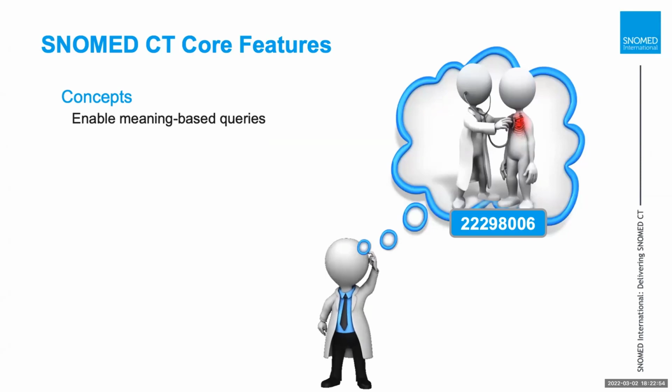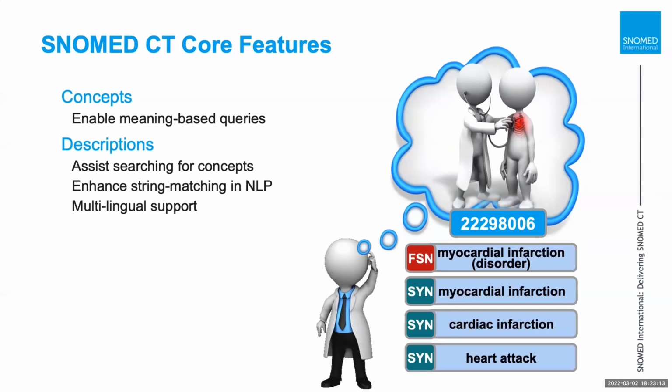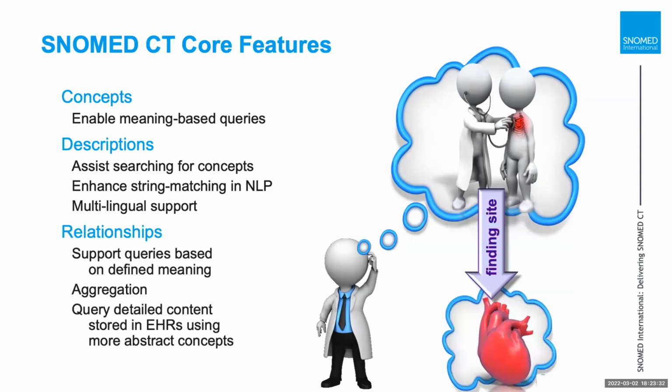We have these concepts that represent clinical meanings, and they allow us to create queries that are based on the meaning of things rather than just the words that we use to describe them. So the formal definition and the unique concept identifiers are very important for querying. The descriptions will help us to search for concepts, supporting multiple different ways of referring to a concept. This can enhance the string matching that we may use in natural language processing tools. It can also provide multilingual support for queries through translations. Then we have the